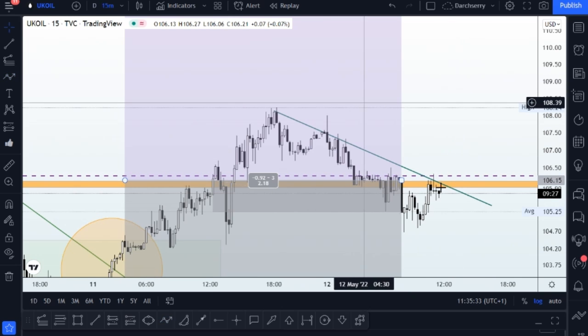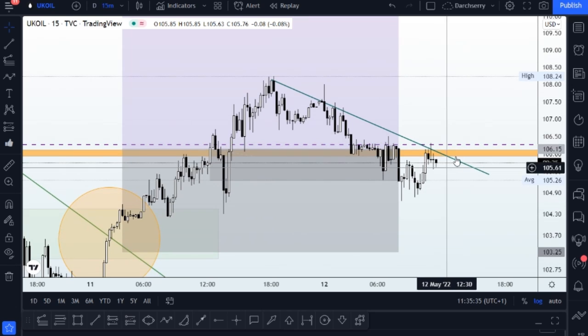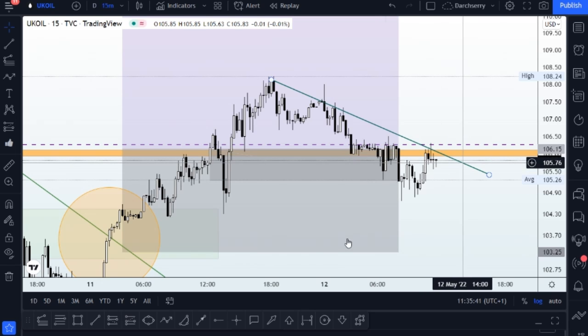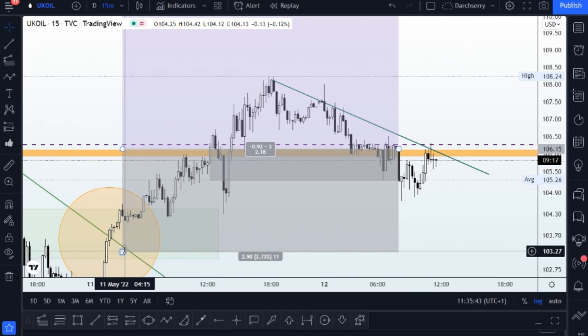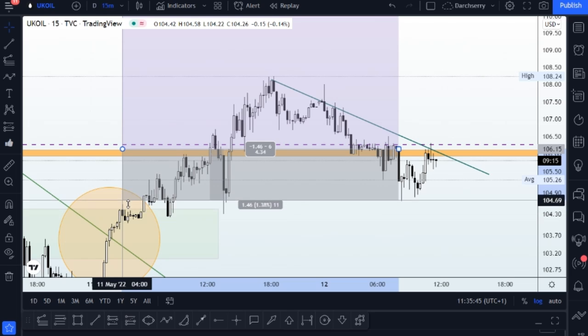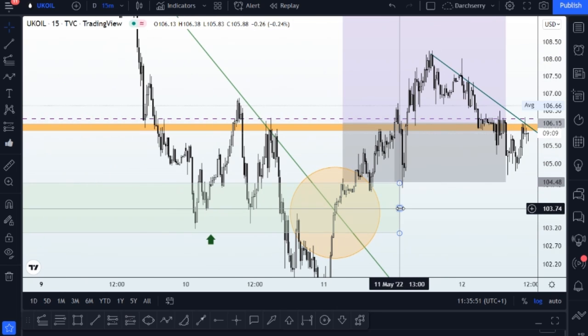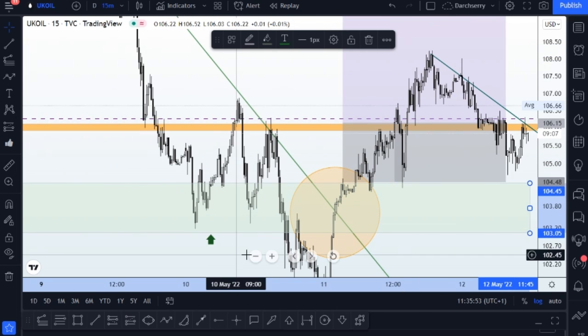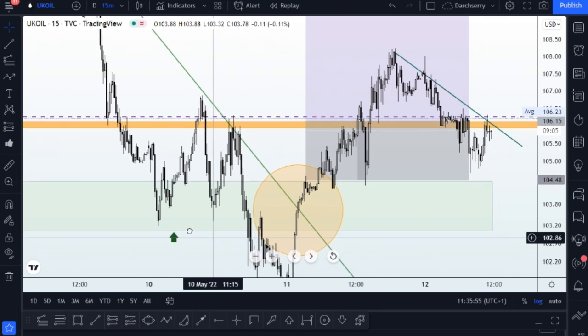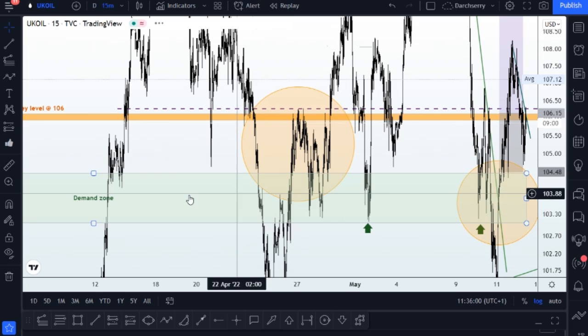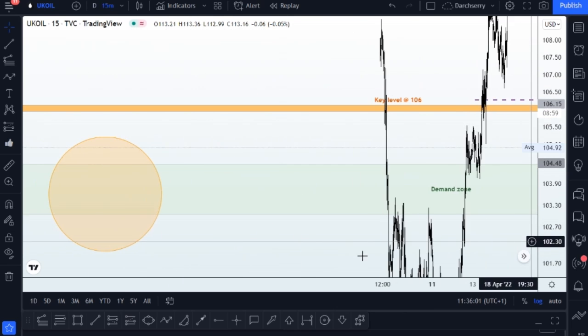So for me at this point, it is safe that if you want to buy the UKOIL, we want to buy right above the key level at the 106 area, and then we have our stop loss right below the previous low at around the 104.49 area. And remember, this is still our demand zone that has a memory for buying power as far back as, let's see how far that is, as far back as